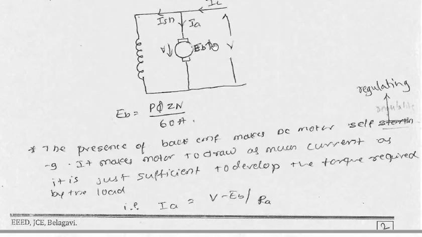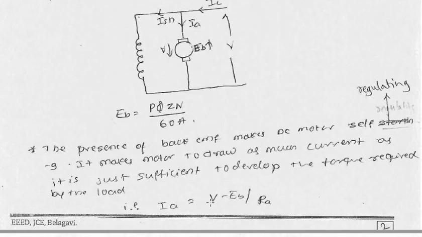The speed will decrease. When the speed decreases, the amount of flux cut by the armature conductors will decrease. So when the flux cut by the conductor decreases, EMF induced in them decreases, so the back EMF decreases. Let us say with the same example, for the applied voltage of 250, now the back EMF is 230 because there is an increase in the load.